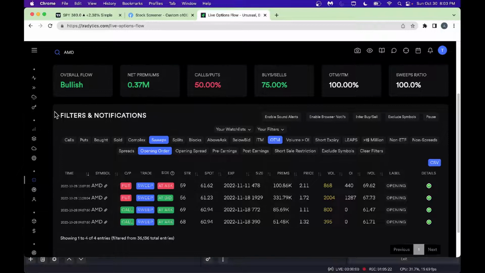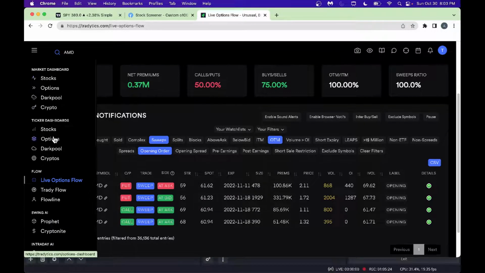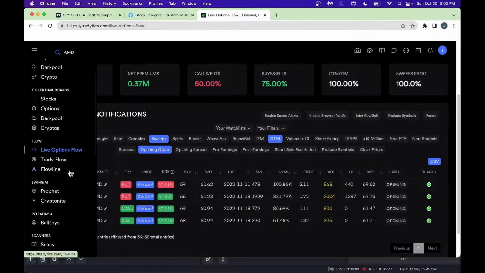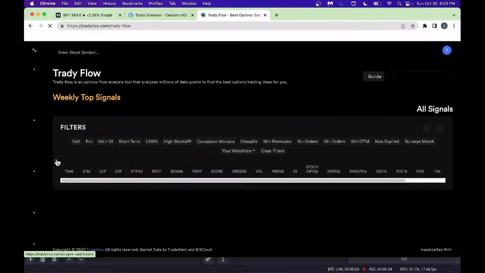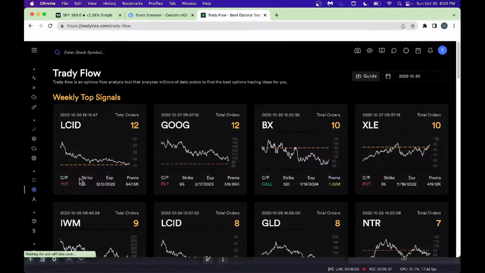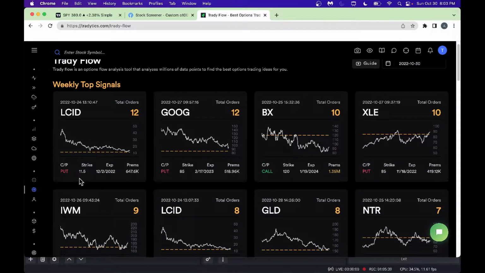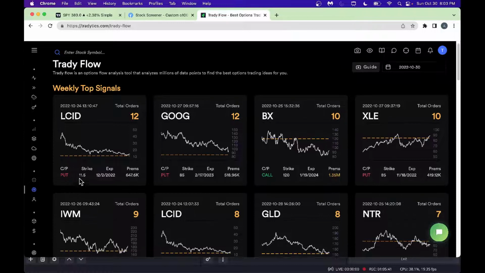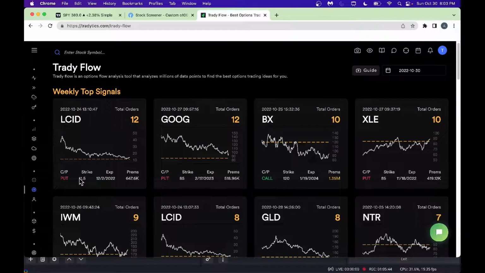All right, that's about the options here. And then you got trading flow here. For the folks who want to trade options on a daily basis, in and out, you could click on trading flow here. It gives you a nice looking chart. Looks like these folks have spent a lot of money here, really making sense out of this. Look, they got Lucid here. They give you a small chart here for you to take a look at, and it's on 10/24. They tell you what time it is, and they show the nice chart.